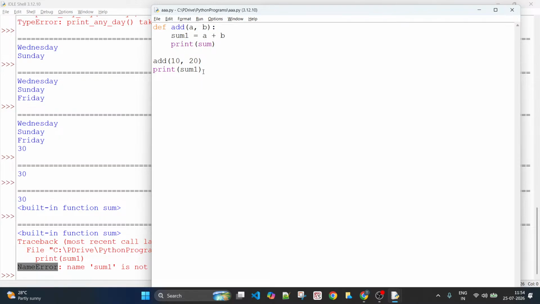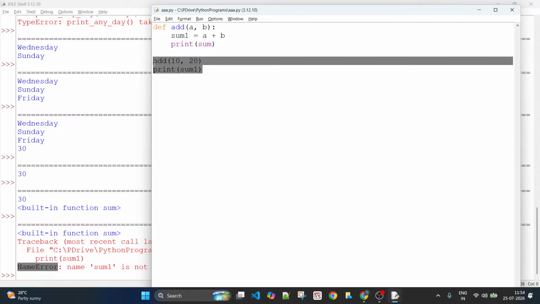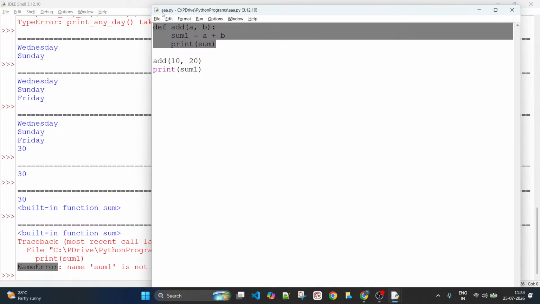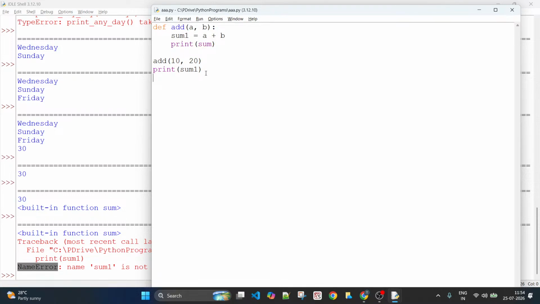However, once you come to this scope or this region of the program, you cannot access sum1 because this region doesn't know what sum1 means. sum1 is a variable only within the scope of the add function body. But you are out of this body. How did I say that I am out of the body? Because of this indentation.